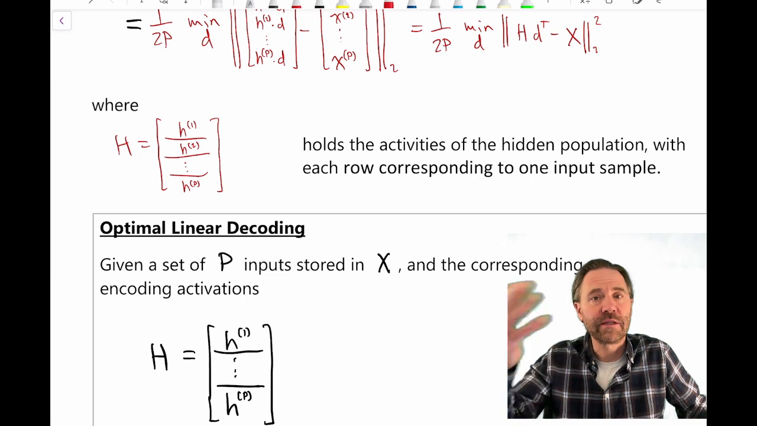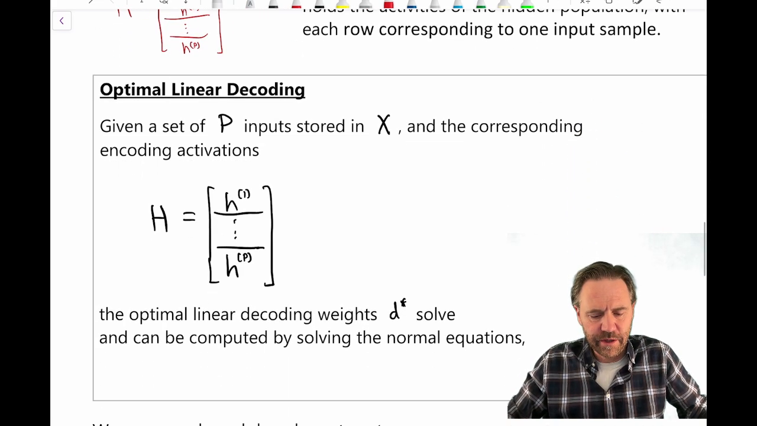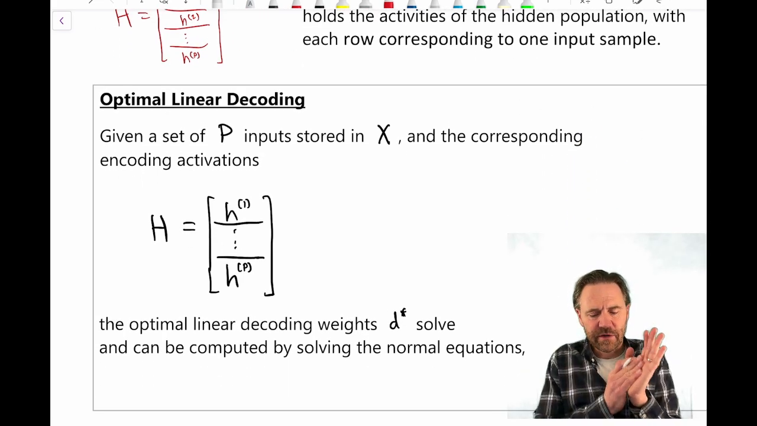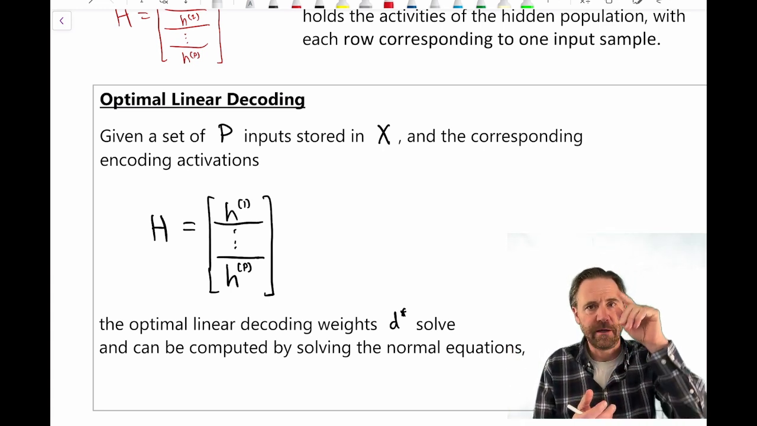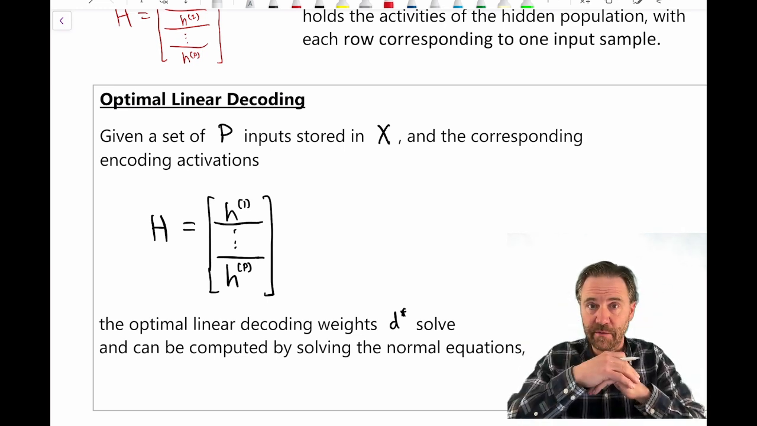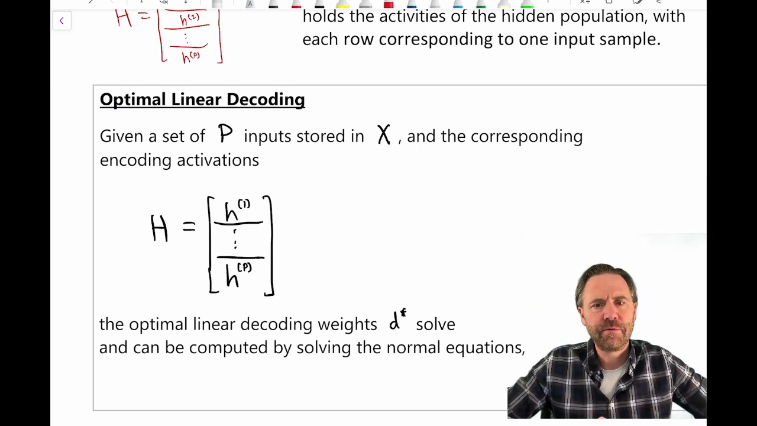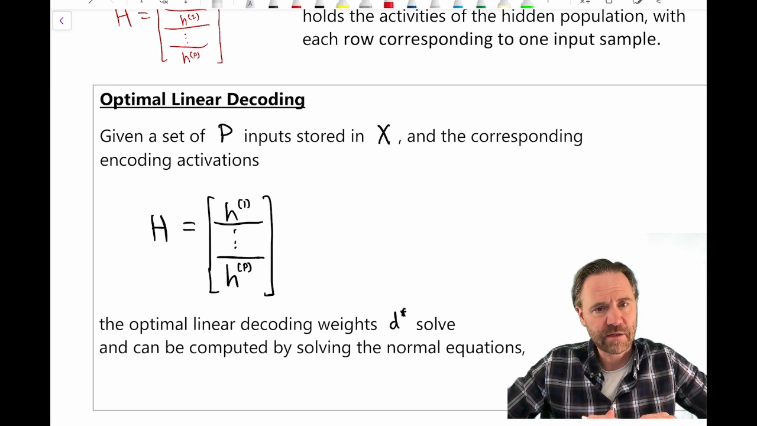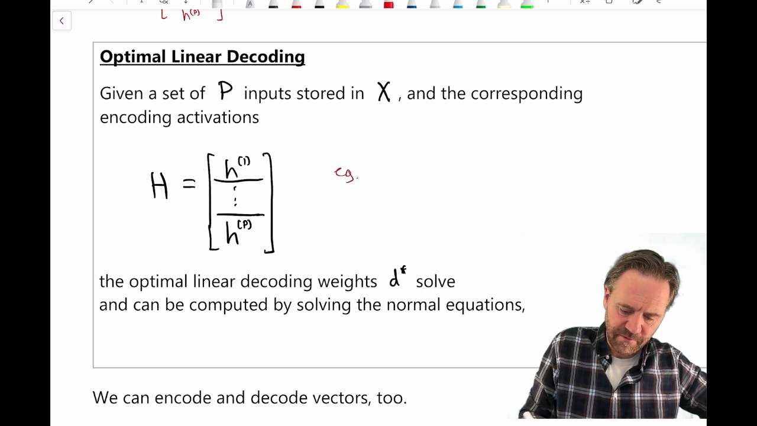Okay, so that capital H, think of it like a batch, the activity of the hidden layer for a whole batch. So optimal linear decoding is this. Given a set of P inputs stored in capital X, each row, if you like, is one vector of an input sample. And we pile them up, sample, sample, sample, sample. Given a set of P inputs stored in X and the corresponding activations, this H matrix, these could be, for example, firing rates,